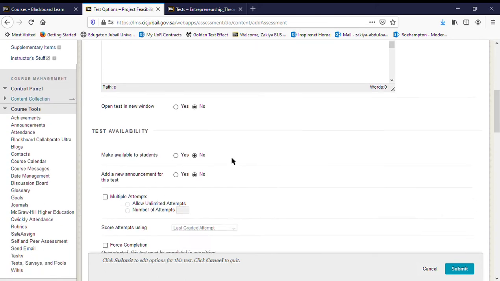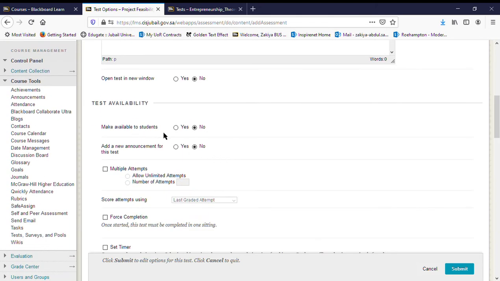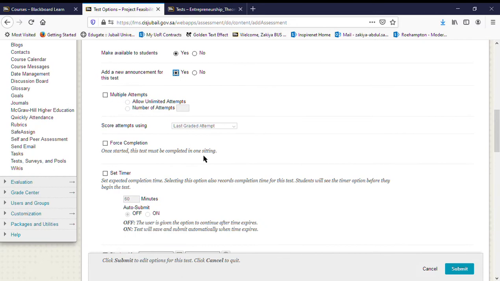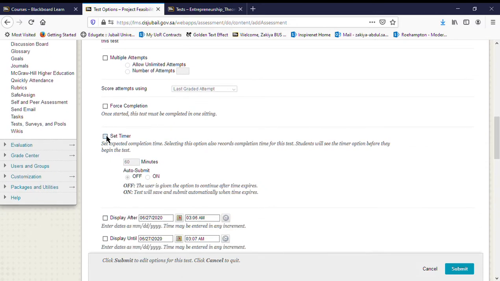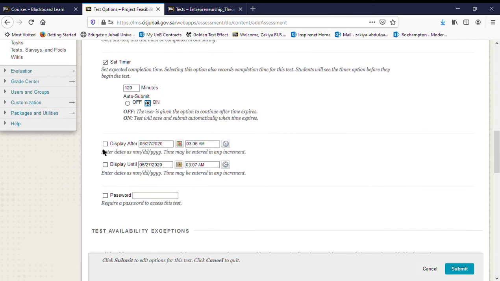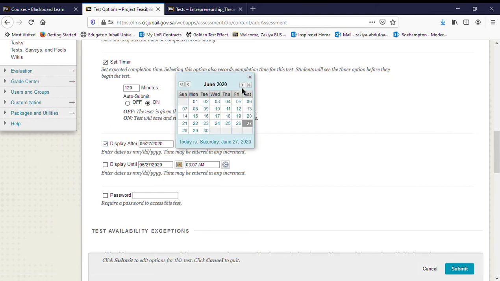I would say I don't want to keep it in an open window. Yes, I want to make it available to my students. And yes, I need to add an announcement: no multiple effort, no forced completion. I would set timer according to the instructions received from the academic affairs. I would be setting the timer for 120 minutes and make sure that I make it available according to the